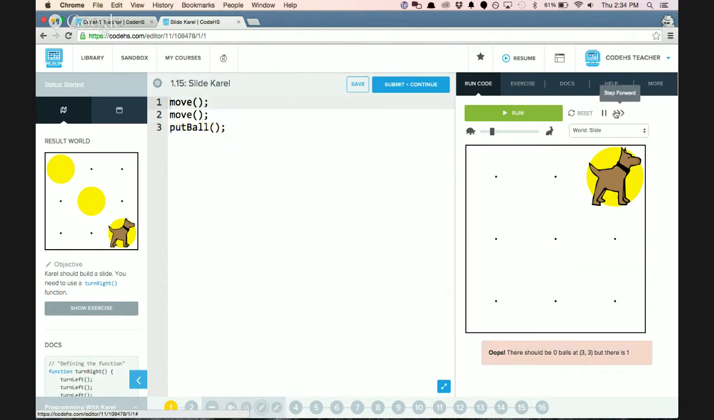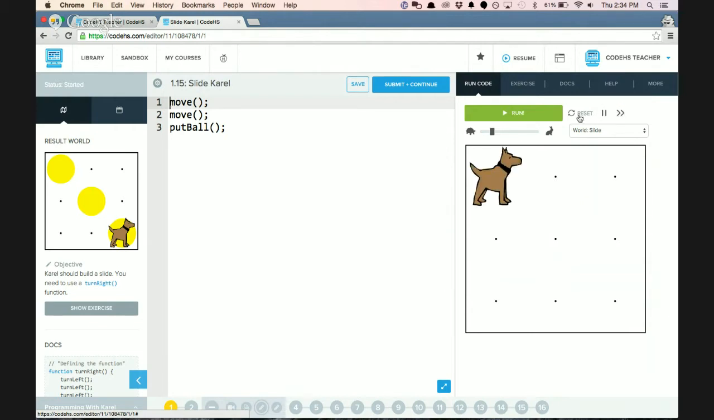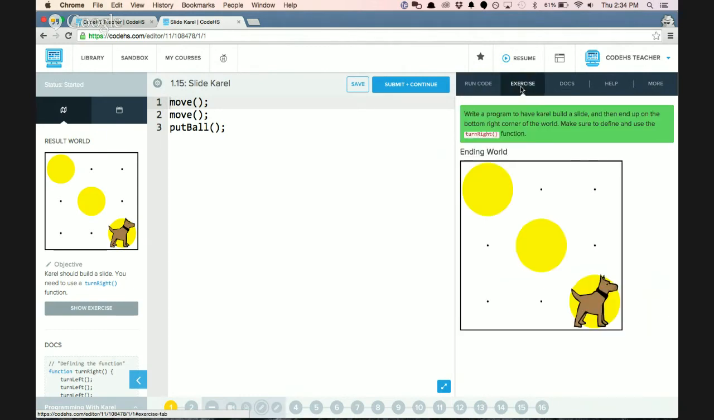This step-by-step tool is actually pretty helpful when debugging student programs. And for those of you who have made it that far in the PD course, I'm sure you've worked a lot with that step forward functionality there. So we'll reset. Running through these top tabs here, we can see this exercise tab is another place where students can go and revisit